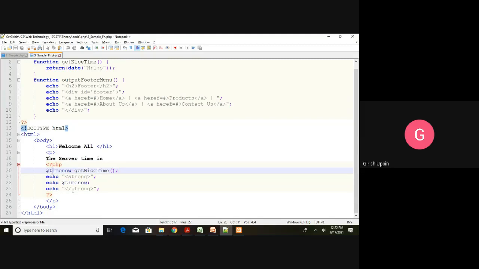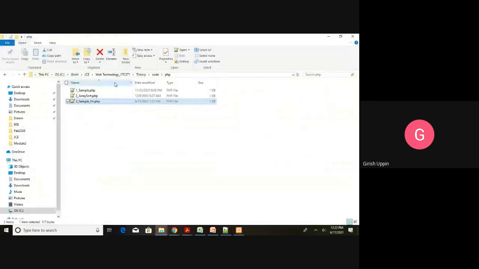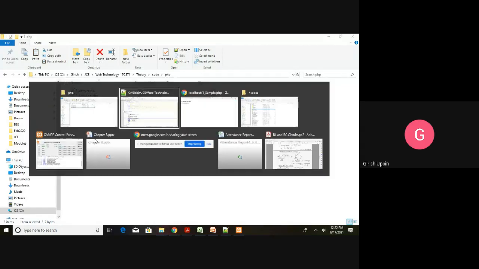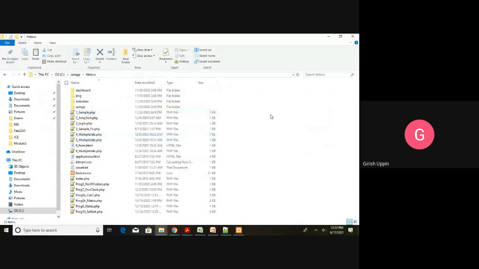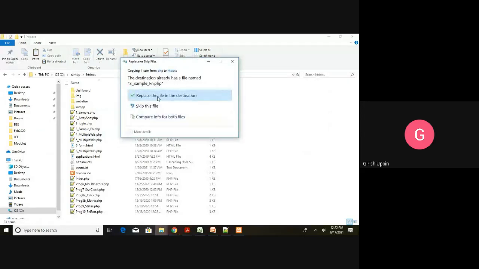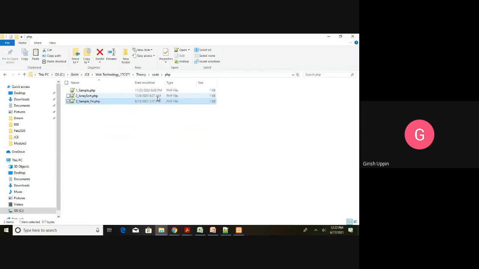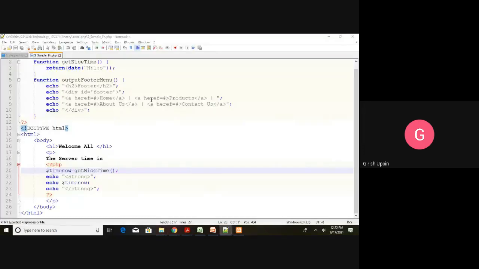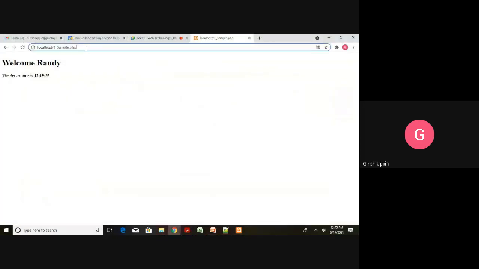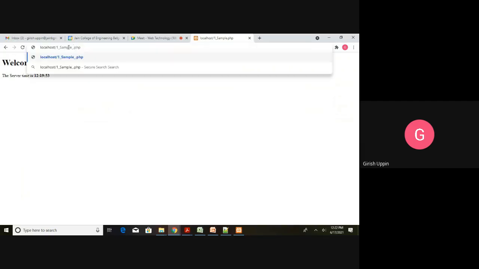So if I run this code, what we have to do first is, from your local folder, if you are not directly developing in htdocs, you have to copy your file there. Already I have that file. Then I will call that function, sample underscore fn.